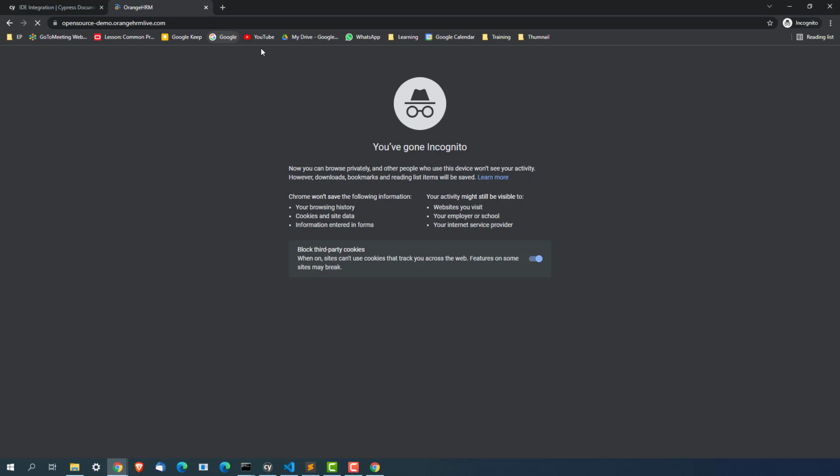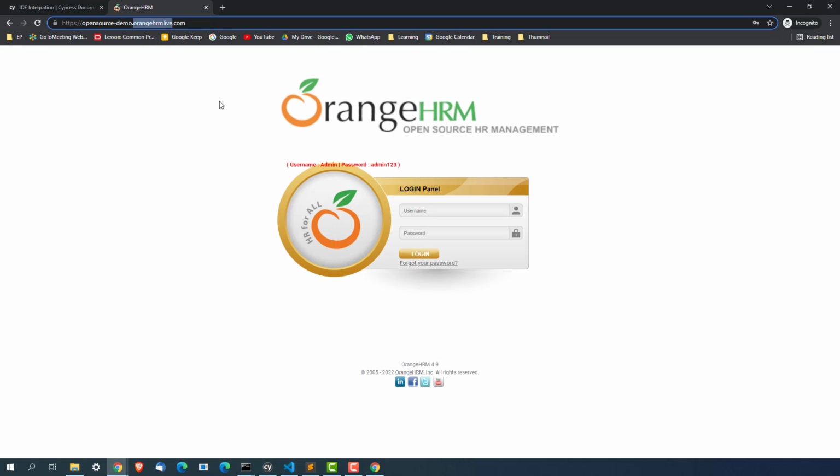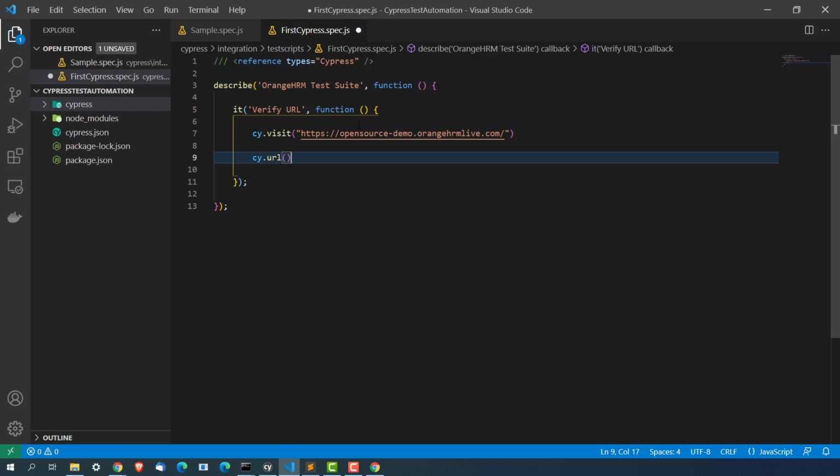Now I need to verify whether this URL, let's say, includes Orange HRM or not. This is one of my assertions, and we have seen, right, in test automation, these are our basic checks: verify the URL, verify the title. So that's what we are doing. We are going to verify the URL. So I'm going to use something called should,